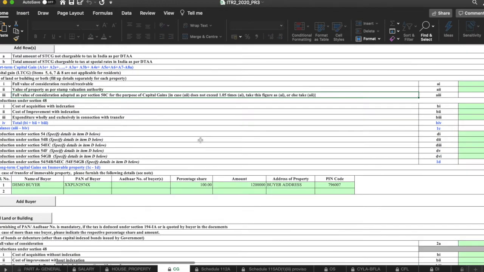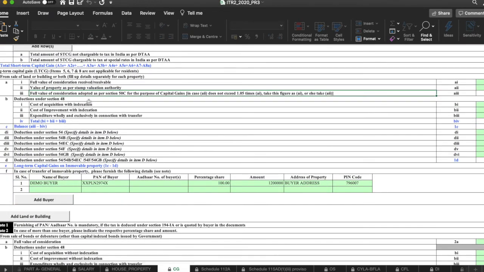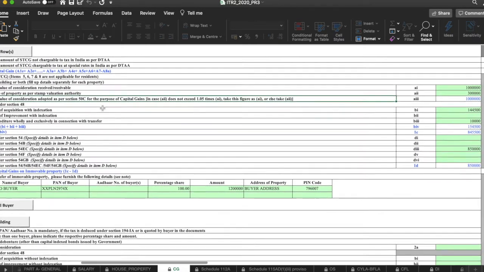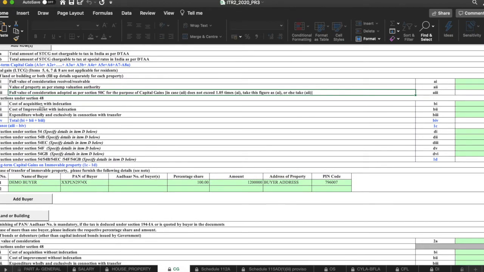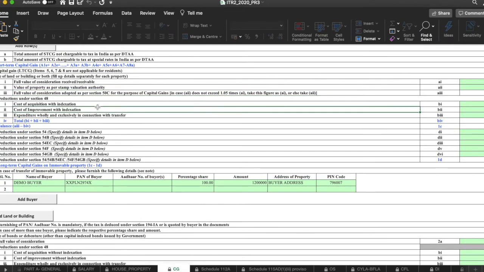Then next is the deduction under section 48. Here, from the total value, how much amount will get deduction and for how much amount we need to pay tax, that is the calculation happening here. So, the cost of acquisition with indexation.